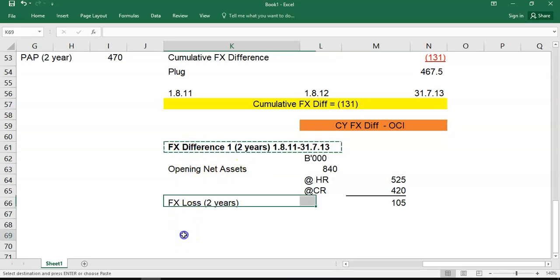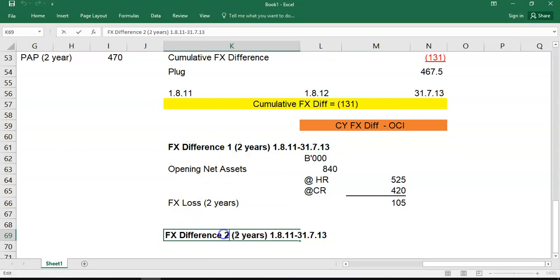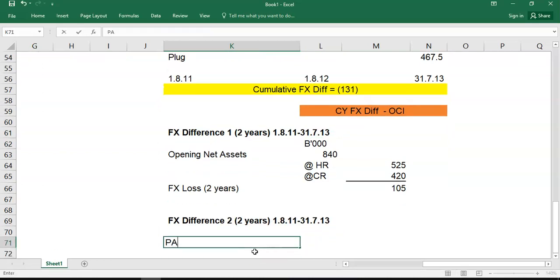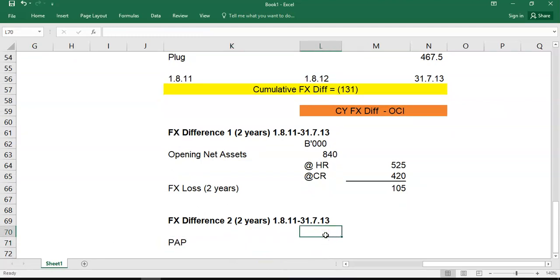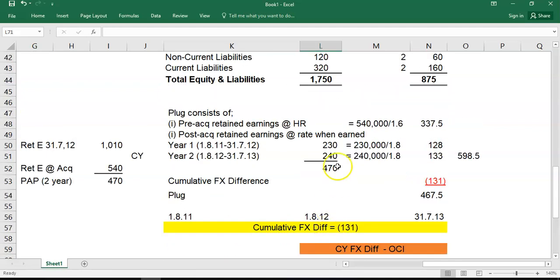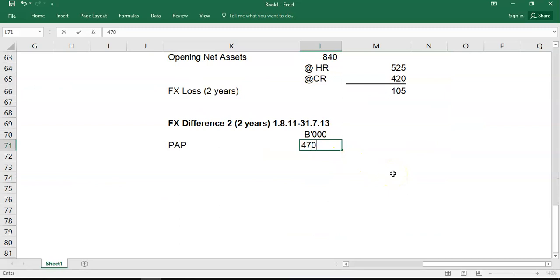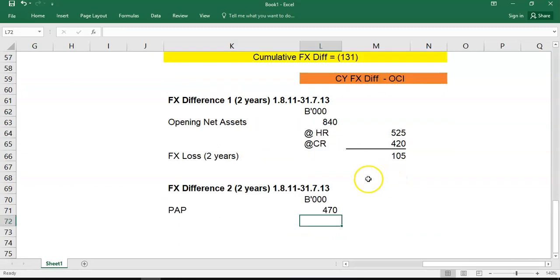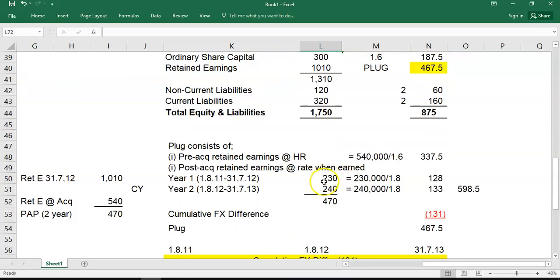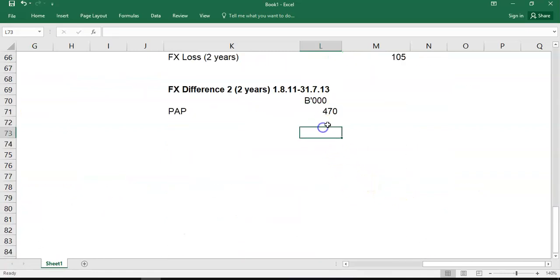So then we look at FX difference 2 for 2 years, which deals with post-acquisition profit. And you have a lot of this done already, remember, because we've done it initially in our translation. We said the post-acquisition profit was 470. Now, remember, there's a bit of a simplification here. We don't need to split out the 230 and the 240 because they just happen to be at the same rate. If they weren't, like you'll see, I think in question 9, Dance, you'll have a bit more work to do. So here, that is going to be at the average rate,